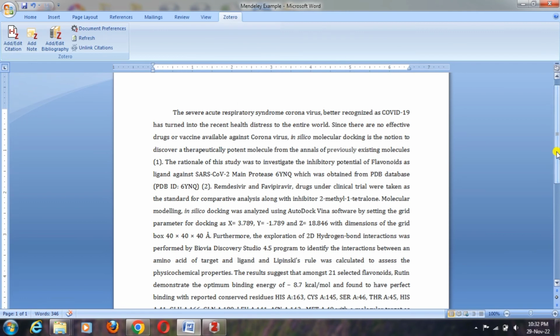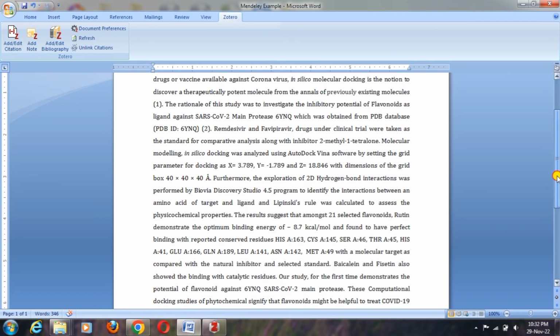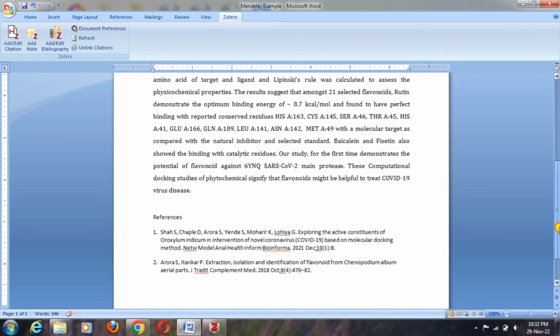If you are adding references in your thesis and you have 200 references, then it is very difficult to add 200 references one at a time. It will take much time. But if you use Zotero as a software, this will reduce your considerable amount of time. And moreover, if you want to publish this paper in a certain journal, and accordingly you have to change the reference style as per the author instructions given by that journal, Zotero will definitely help you.